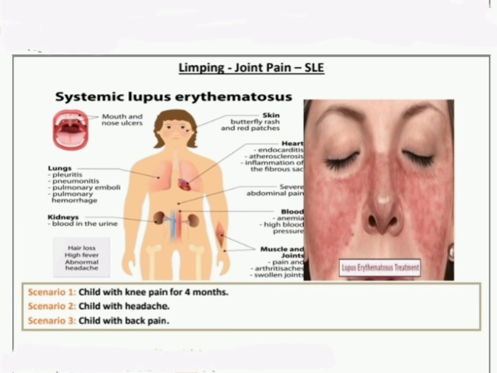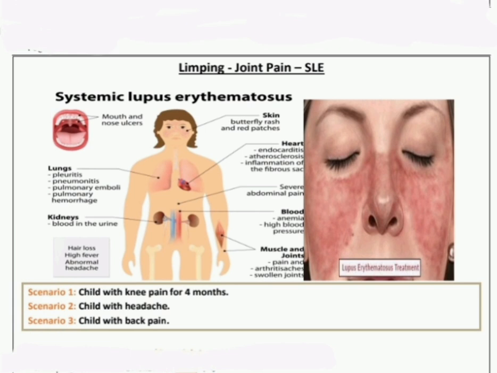Now what investigation do we do? For diagnosis, 4 out of 11 of the diagnostic criteria, with one immunological, or biopsy proven lupus nephritis with positive ANA and anti-DNA. So diagnosis 4 out of 11, remember the diagnostic criteria, and with one immunological or biopsy proven lupus nephritis and positive ANA and anti-DNA. The SLE criteria are easy to remember, that is SOAP, brain MD. That is SOAP, S for